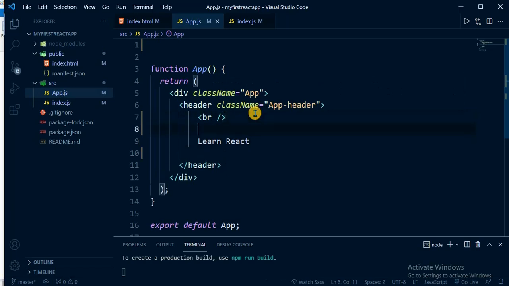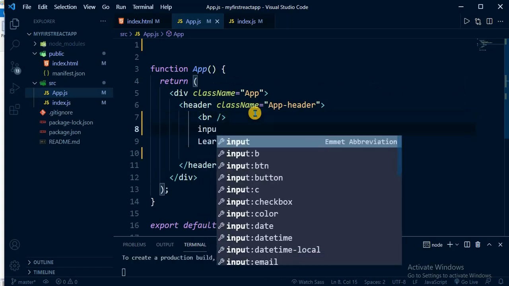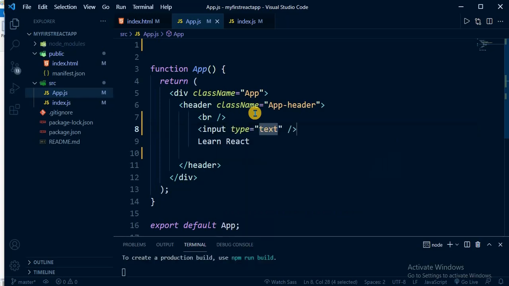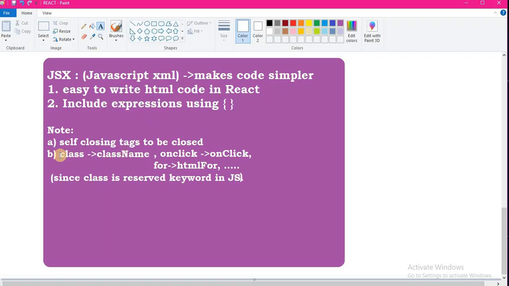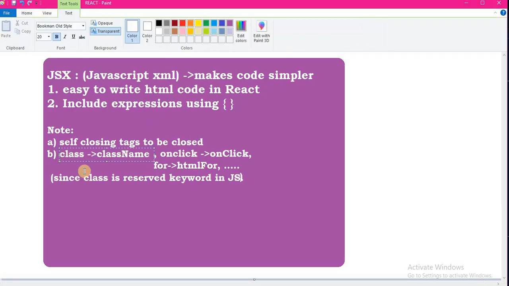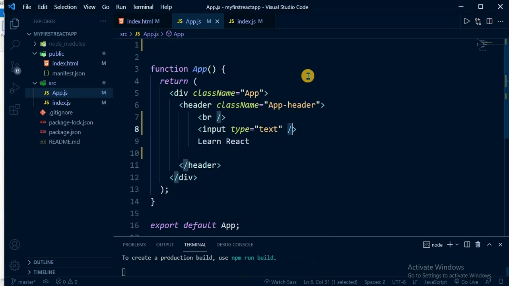Suppose again we say input. Now you can see input type equal to text. Again we are closing it right there. It should not be open, it should be closed. Finally, class should be replaced with className, because in JavaScript, if you remember, class is a reserved keyword, right? Class component.